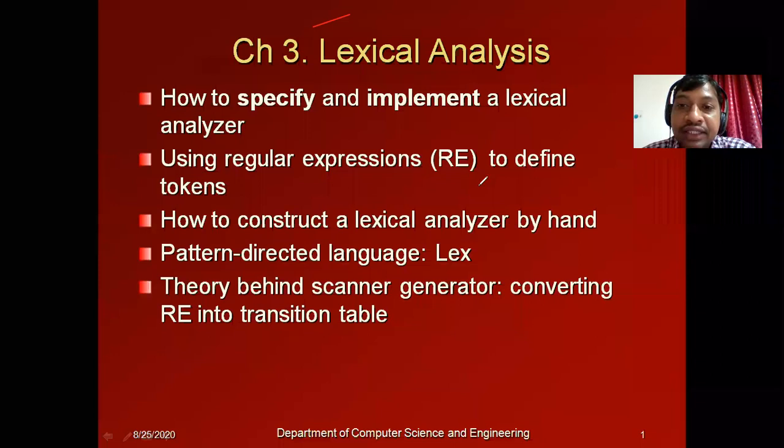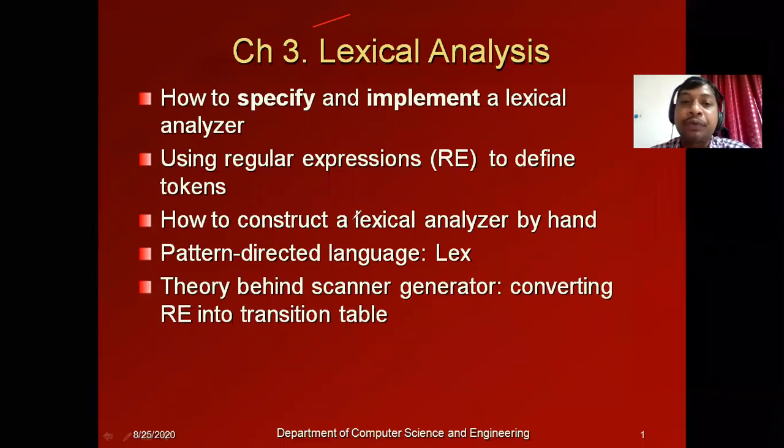You might have studied this in your previous course, in FLAT, but you will have a brief review here, because we are exclusively using REs while designing lexical analyzers.